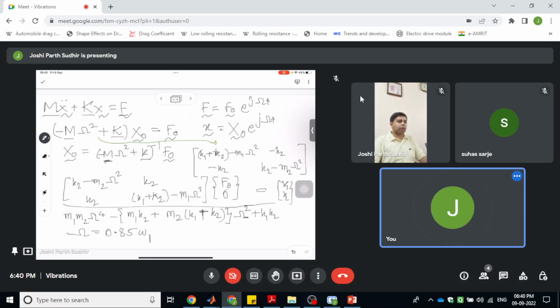So it can be either 15% less than that or 15% more than omega 1. So let us assume here that it is 0.85 times omega 1, and we try to solve this,